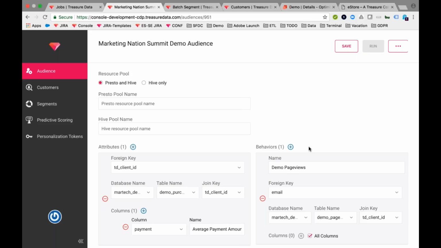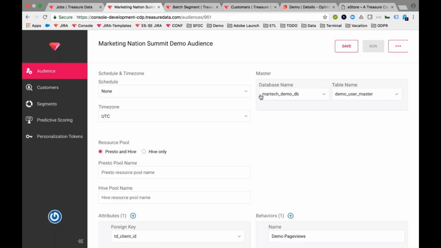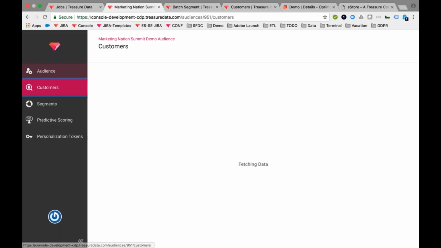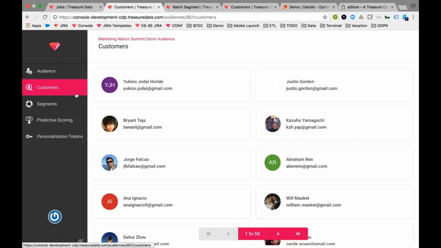In this particular case, what we have are page views. These could be Zendesk tickets, they could be purchases, they can be anything you want, as long as they happen over time. And so what you do is you save it, and it creates this audience. It takes a few minutes to run, so I won't run it live. I have pre-cooked the turkey, so that, and I made a change, but I don't want them to save it. So it pulls up your customers, and it creates this actual view of customers that exist in your system.